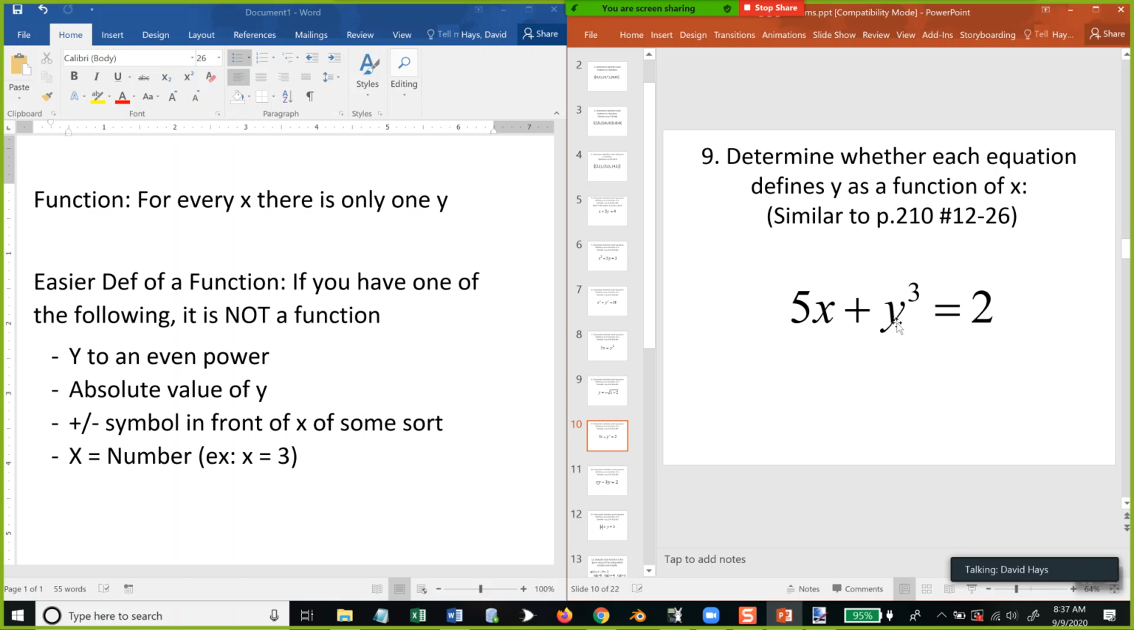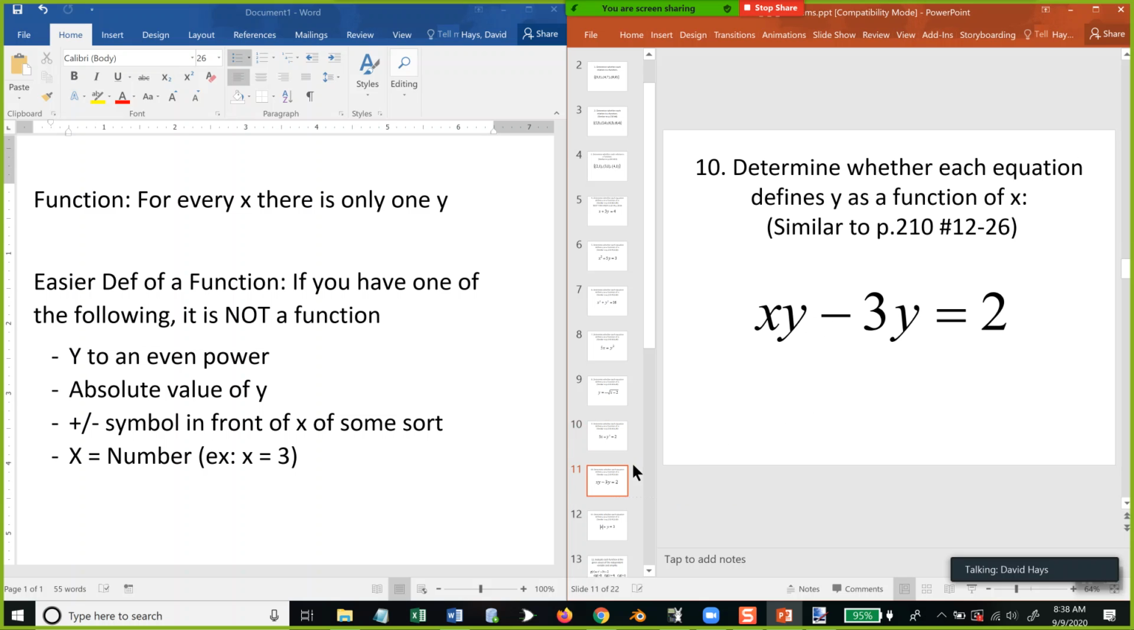Here we got y to an odd power, that's okay. We just can't have y to an even power. So that one's a function. This one's okay. Both of them are y to the first power. We just can't have y to an even power. So the answer is yes there, it's a function. And this one's okay. We can have the absolute value of x, we just can't have absolute value of y. So that's a function. Now if I went back